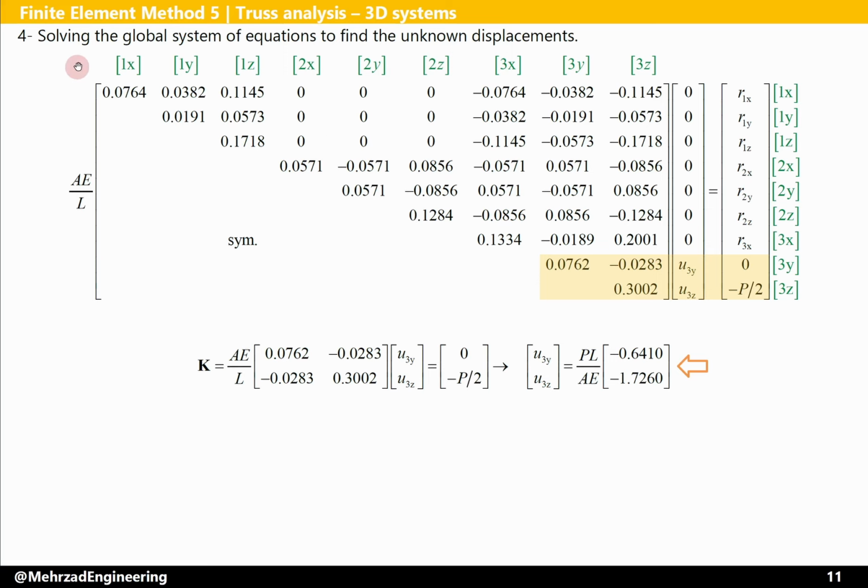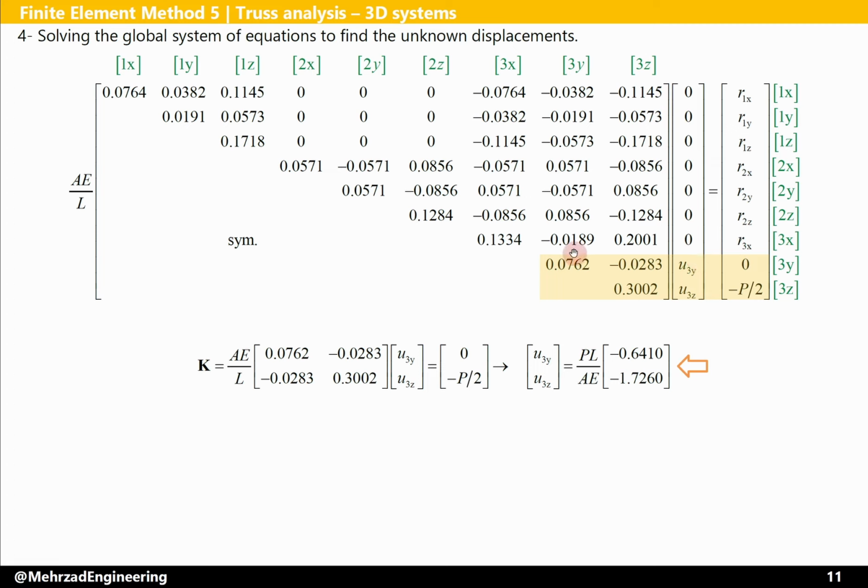Finally, by solving the global system of equations, we could find the unknown displacements for the structure. This is the system of equations for the structure. This is the stiffness matrix, this is the displacement matrix, and this is the force matrix for the structure. Because the displacement in all directions for node 1 and 2 are closed, also the displacement in x direction for node 3 is closed,